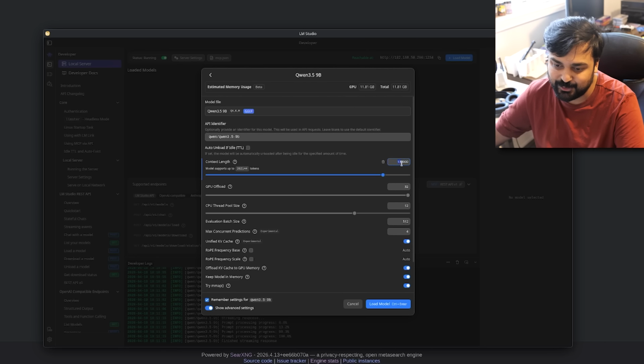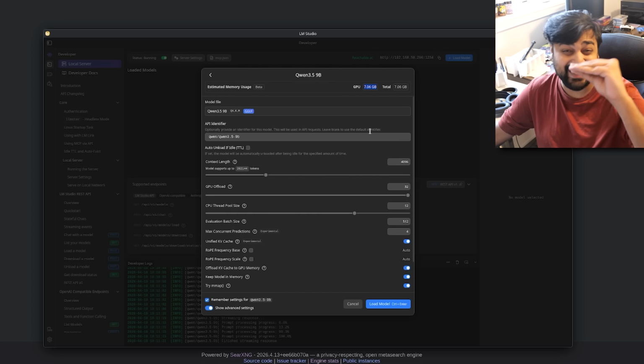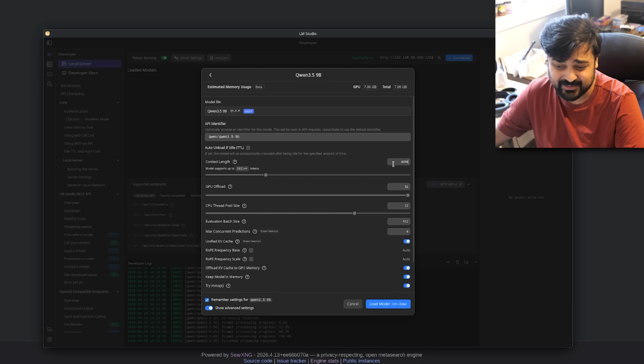So let's load up a 9 billion parameter model. Over here, you can see that I give it like 130,000 tokens of context. Generally speaking, if we load it up at the base level, the amount of VRAM that this one model needs is around 7 gigs. Now, 7 gigs is kind of pushing that 8 gigabyte limit. And you can see that 4,000 tokens really isn't all that much for what we want to do.